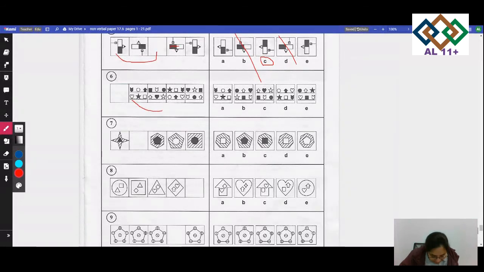So what's happening in number 6? In each series, a square, the shapes left and position to the right switch colors between black and white. So can you see it? This became here, this becomes white, and this becomes white. Look at this here. The middle one is white. Can you see it? The down one, the middle one is shaded.